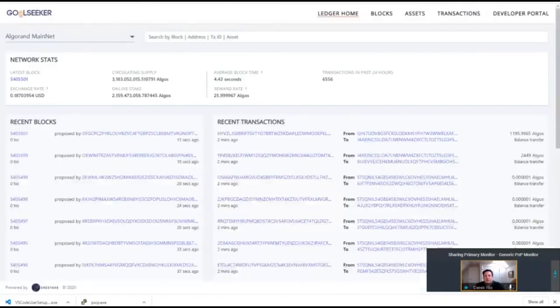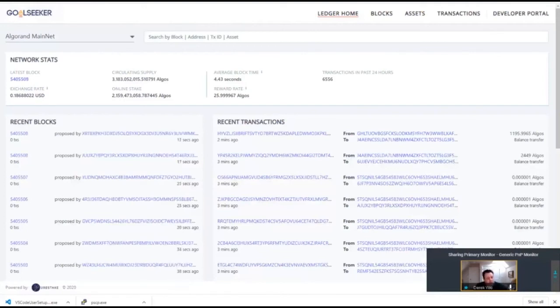And if I flip over here now, this is a different application that I mentioned called GoalSeeker. And this is basically tools that would help you understand what's happening on the Algorand network. So again, the base network is this powerful construct that allows you to create objects that have digital value and to transfer them around in a highly secure way. But as a developer or someone building an application, there are a set of other tools that you need to make it easier to have visibility and to see what's happening on the network. So GoalSeeker is one of those tools.